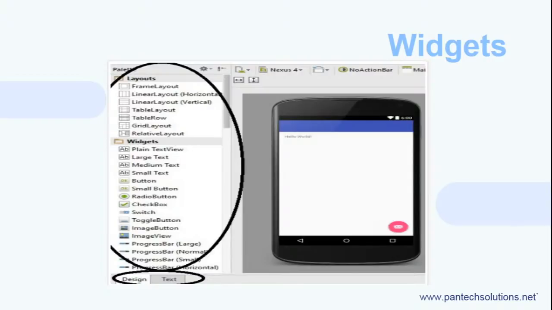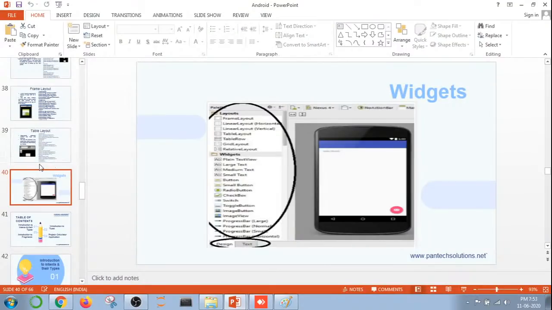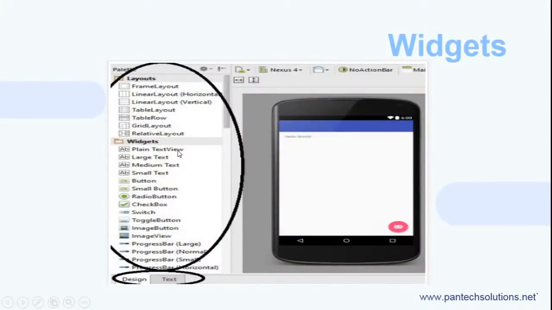Okay, so if you want a button, you can drag the button from the left corner to my designing part, that is my XML part. Like this we can design using many widgets. These are some of the widgets we are using. So up to this,